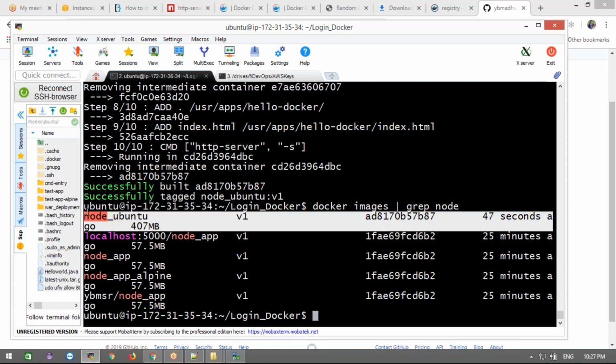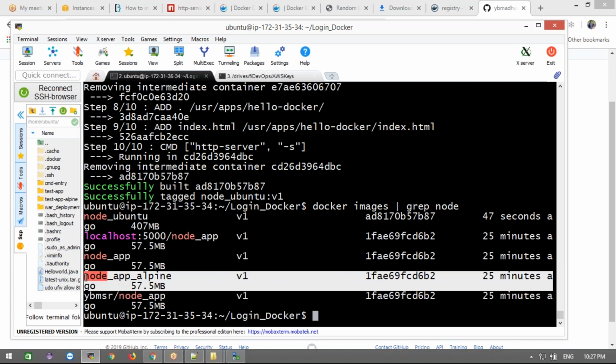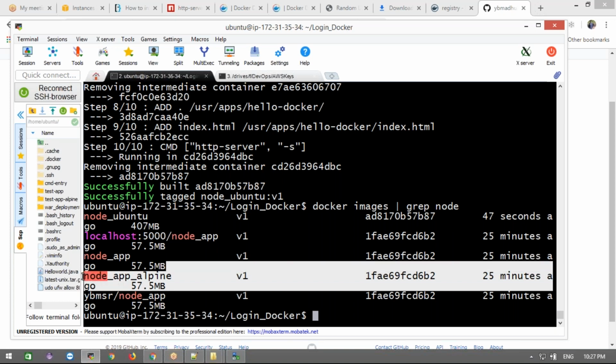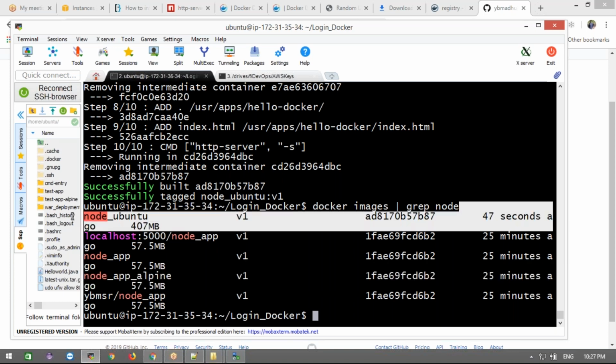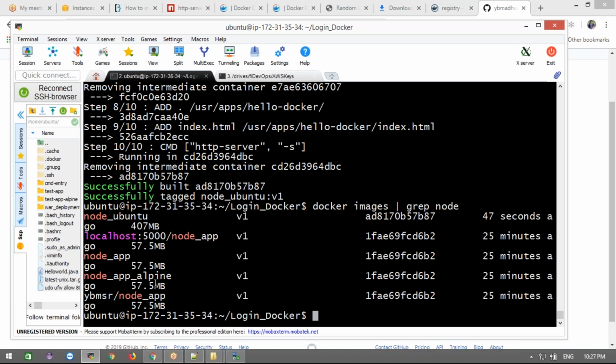Now if I use the same code, same application with Alpine Linux, how much size is it taking? 57 MB. And how much did we reduce? Nearly 350 MB we saved. That's why we choose a very lightweight base image. That's one example here.